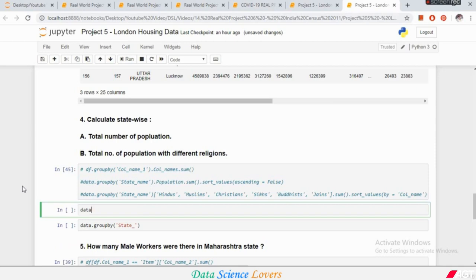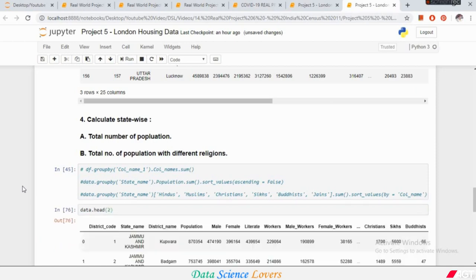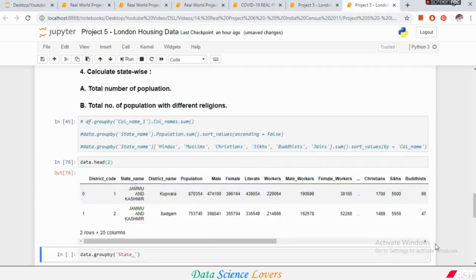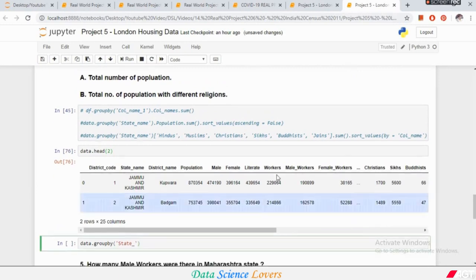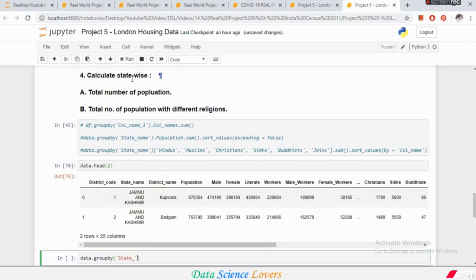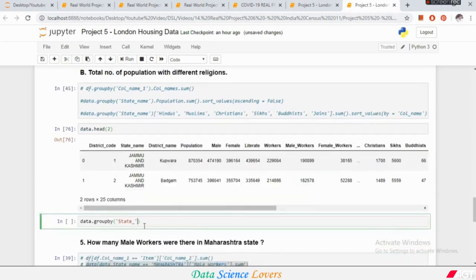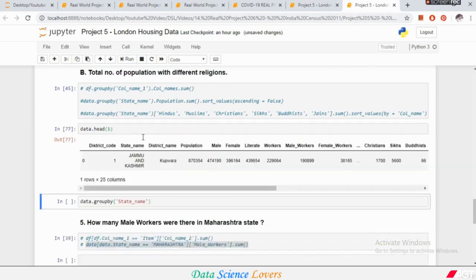First of all we have a look at our data frame. I am showing the top 2 records to have a clear look at our data frame. Now it is asking for state wise records, so I am writing here state name, means we are considering the state name column. And then it is asking for, I am showing one record,